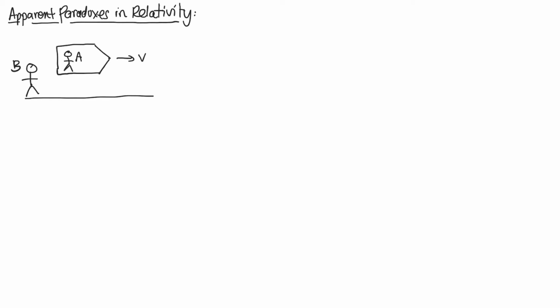Okay, and so we have these two frames of reference, and let's say in Bob's frame, he's saying, okay, my clock is at rest, Alice's clock is moving, therefore Alice's clock will tick more slowly than mine. And then in Alice's frame, she would say, I'm at rest, and Bob is moving, therefore his clock ticks more slowly. So how is it that if Alice's clock ticks slowly for Bob, then Bob's clock ticks slowly for Alice also at the same time? In other words, if my clock runs slow to you, then how can your clock run slow to me? That seems impossible and contradictory.